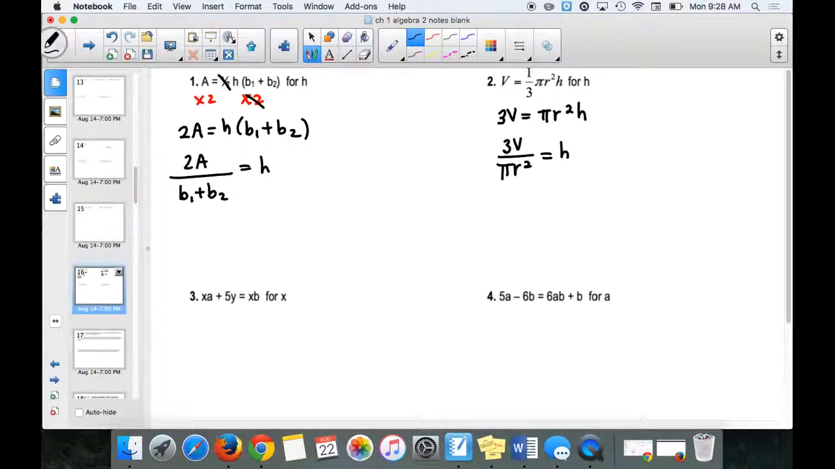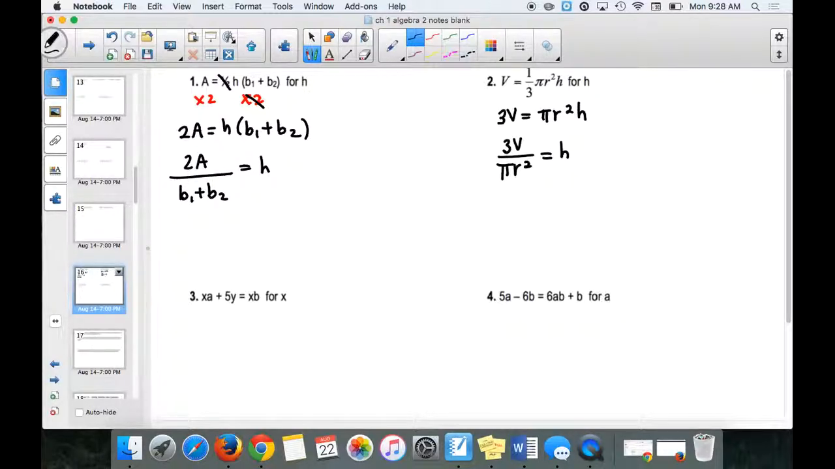All right, and the next one, this is where it gets a little bit tricky. So we want to solve for x. This one's weird because if you notice, there's two x's. We have an x on the left side of the equation and an x on the right side of the equation. So when this happens, we have to get all of the x's, every single thing that has an x,